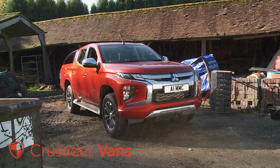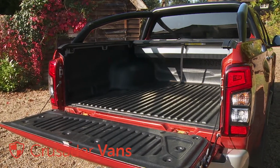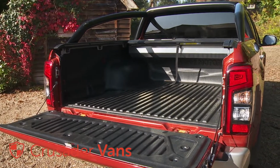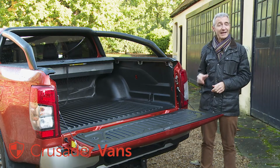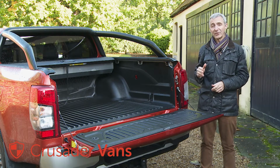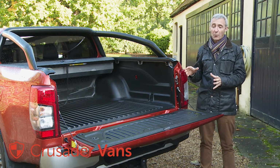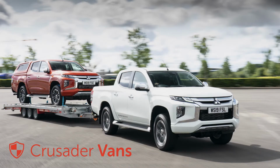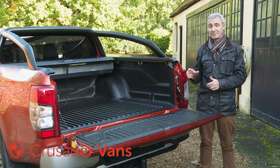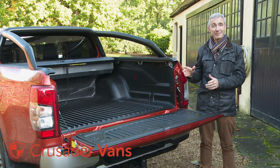What about practicality and costs? Well, this cargo bed is no larger than it was before, which means it's 475 millimetres deep and 1470 millimetres in both length and width, but it can carry a slightly heavier 1,080 kilo payload, or up to 625 kilos when this Mitsubishi is exercising its full towing capability. That's now been increased from 3.1 to 3.5 tonnes. So, as before, this L200 has one of the highest gross train weights in the pickup segment,